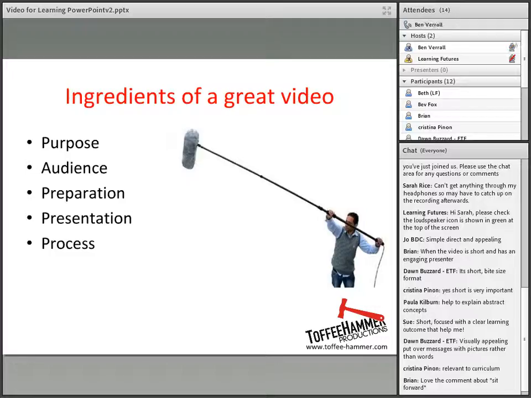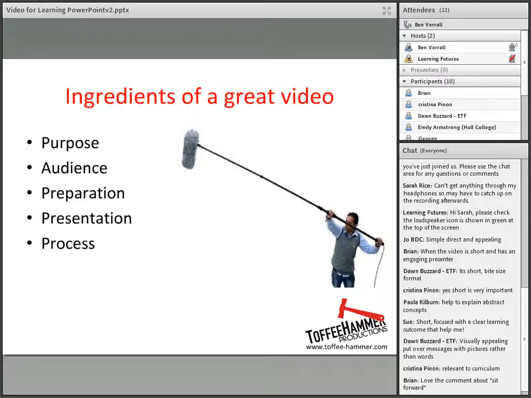Preparation is important. When you're making a cookery program, you've got to make sure you've got all of the ingredients ready prepared so that you can do a 2-hour process in 30 minutes or less. Presentation is important, so that's about engaging the learner with how the information is presented. Now, this doesn't have to be a physical presenter, it doesn't have to be a teacher, but certainly thinking about the ways in which you're presenting information is really important.